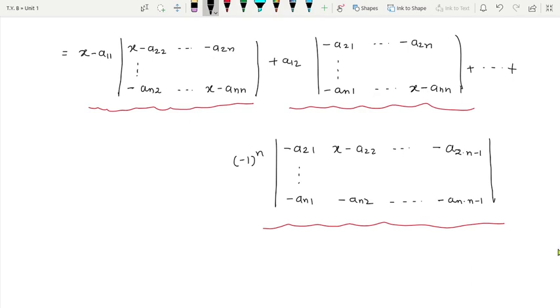So which is further equal to, now just note one thing, each row and each column over here is containing what? X, right? Each row and each column over here is containing X. The order of this determinant is n minus 1. So once you simplify it, you are going to get a polynomial of degree n minus 1. Is that okay? So the degree of this term is going to be n minus 1.